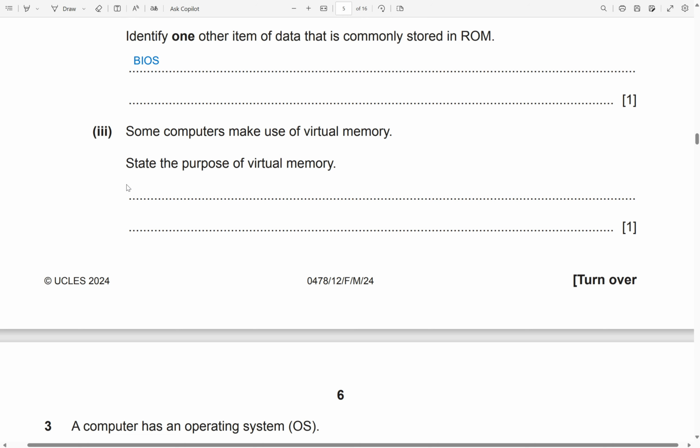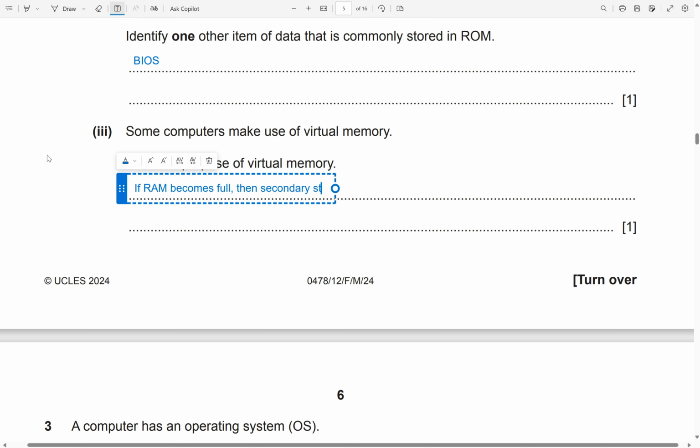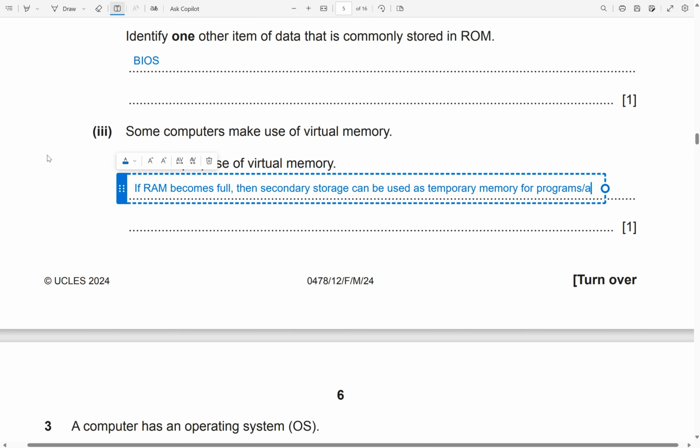So if we write that as a definition, or well, the purpose: if RAM becomes full, then secondary storage can be used as temporary memory for programs slash data. Yeah, that seems okay. And then we can probably say that